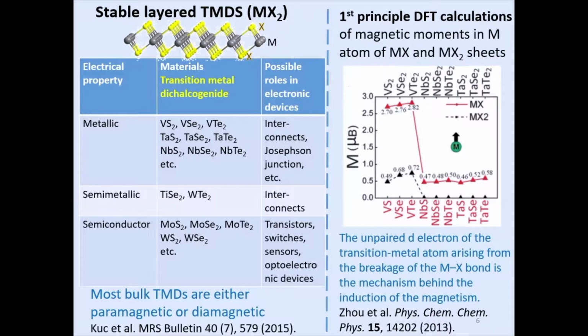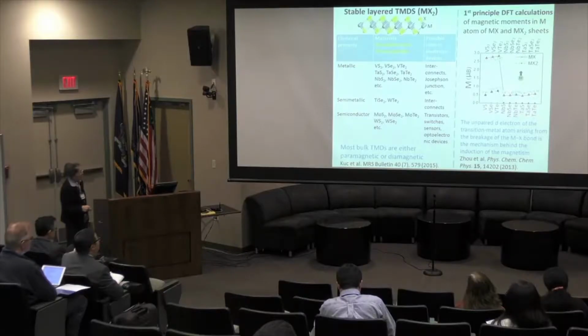If you have those TMD materials in bulk format, they're mostly paramagnetic or diamagnetic. So the information I'm going to share with you in the next few slides is that when this TMD material goes very thin, either monolayer or few layers, they actually have magnetic property. So this theory is actually ahead of experimental work. The first principles density functional calculation has been done on several materials, for example, VS2, VSe2, and VTe2. And they found out